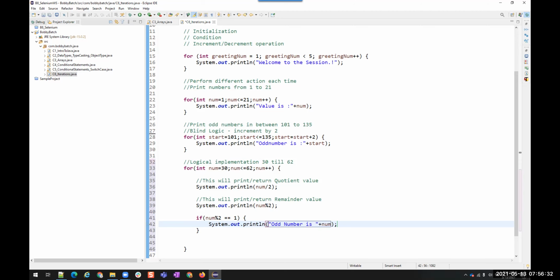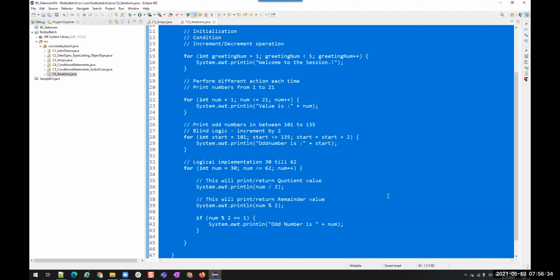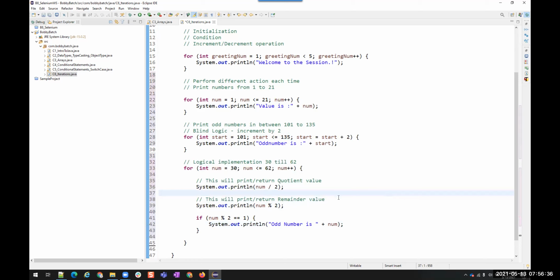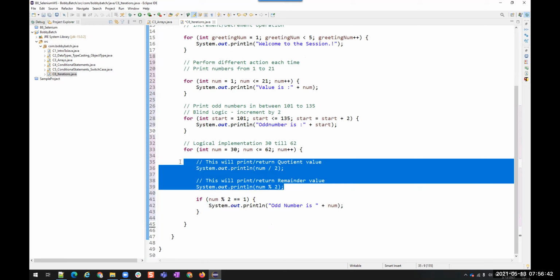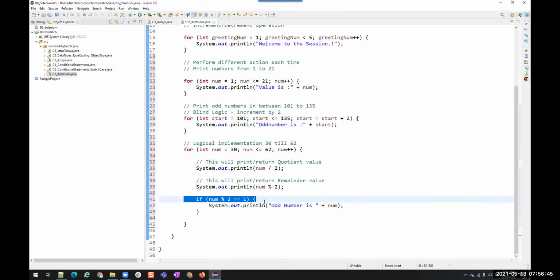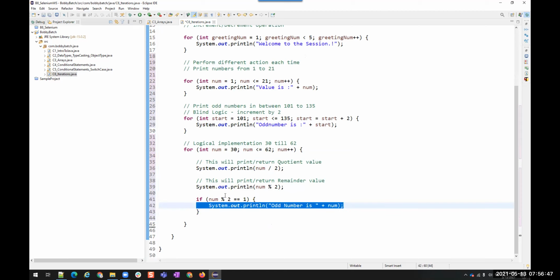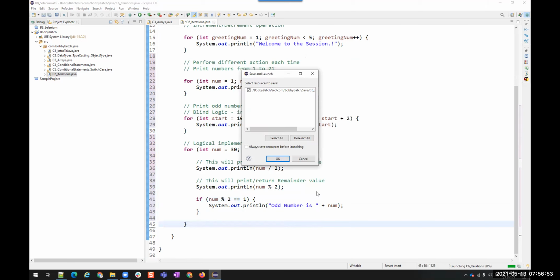So these are just for understanding, these are not needed. Here I am applying the condition and I am printing that particular number if the remainder on dividing by 2 is 1. Now let me run.